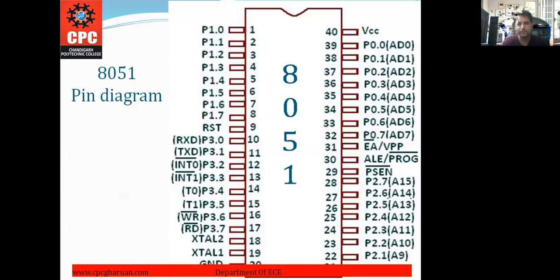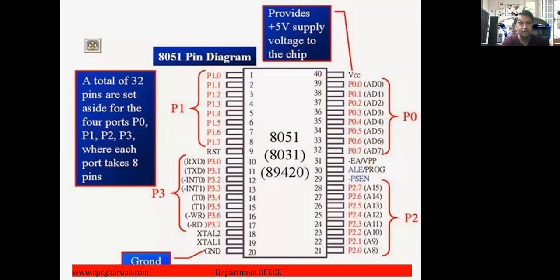Both these are the pin details of 8051. On the right side, at the top, you can see there is a port, that is port 0, and opposite to it there is port 1. On the right side at the bottom there is port 2, and just in front of it there is port 3, just below port 1.